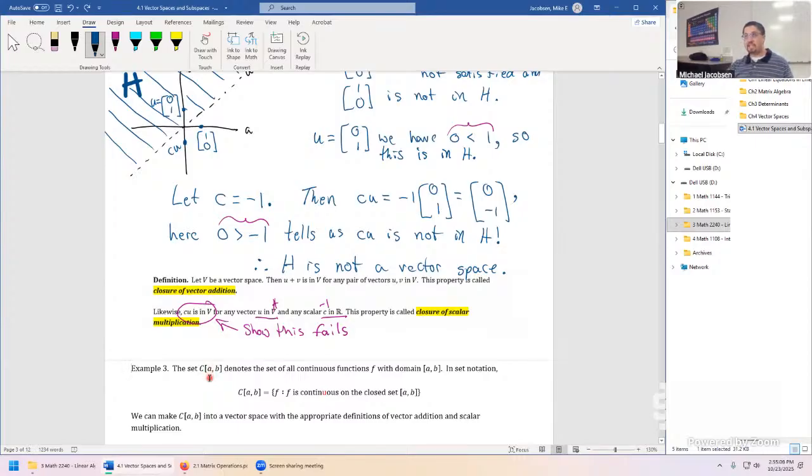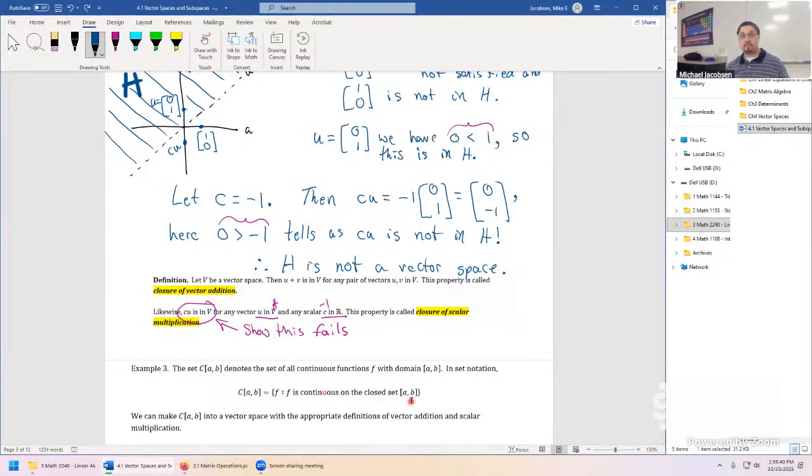So if this was, say, C[0,1], we're talking about the classification of all continuous functions having domain the closed set between 0 and 1. Written out as a set, it's the set of all functions such that the set membership condition is your function is required to be continuous, and it's continuous on a closed set. And that's a really important classification of functions, because if you think about integration, every function inside this set is